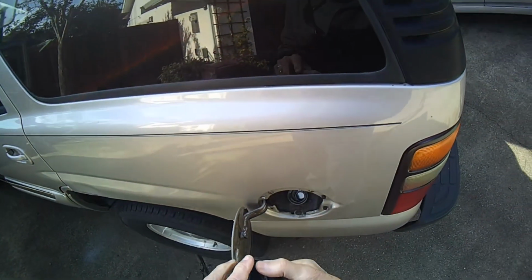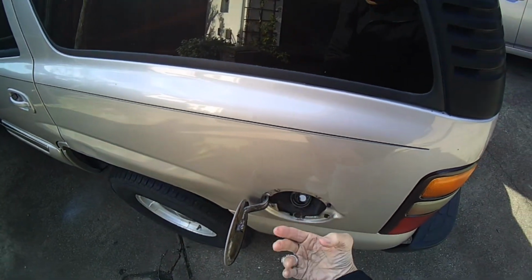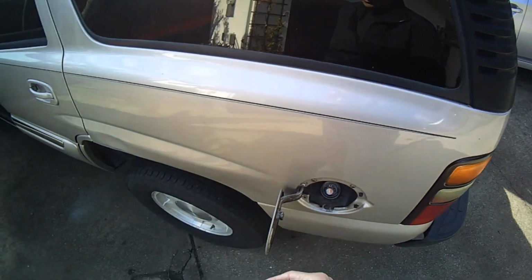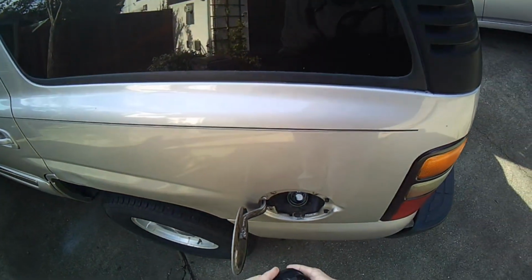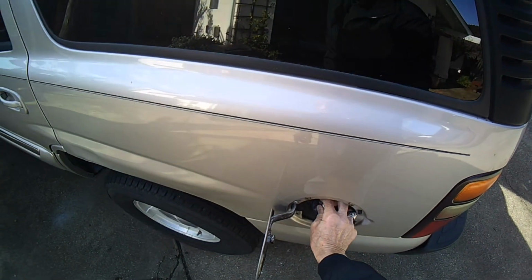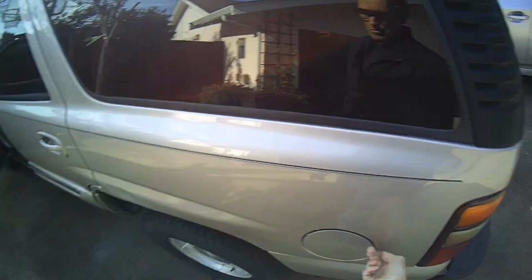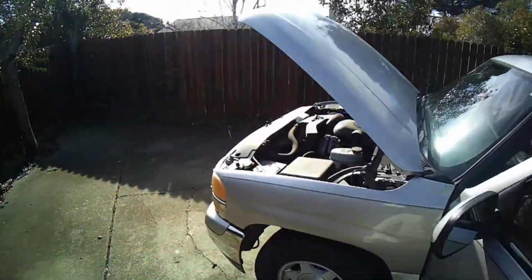But when you take off the gas cap, if you hear a lot of hissing, like there's vapor coming out, and you smell a strong gas smell, then very likely you do not have a problem with your gas cap. It'll still cause the same code, but it's going to be a different little problem, but it's easy to fix. Come over to the front of your vehicle